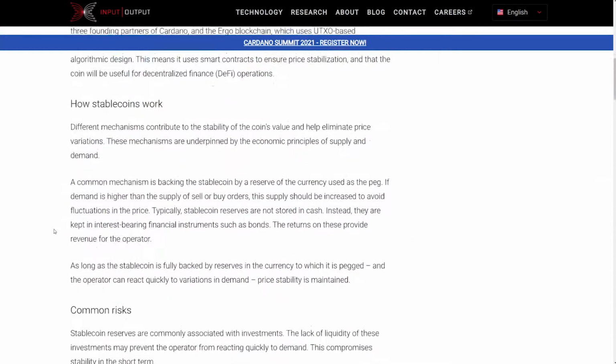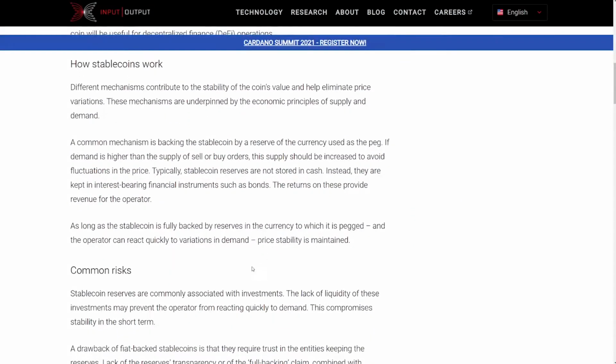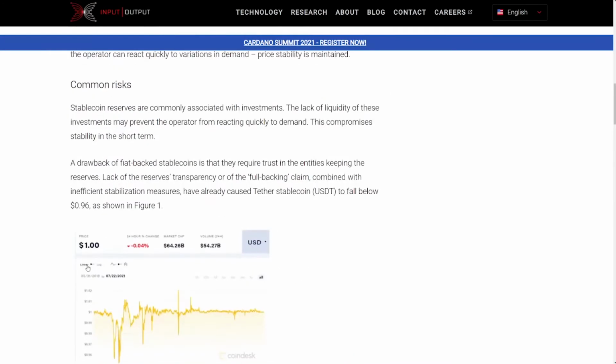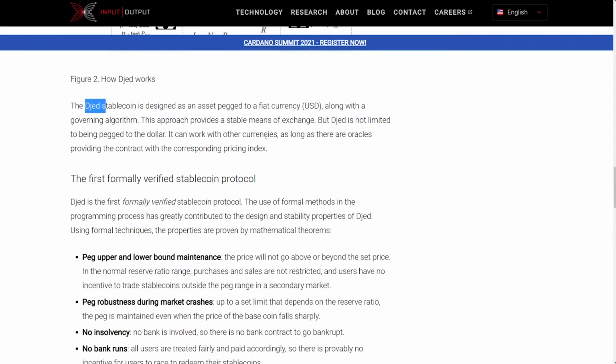DJD, I guess. There is a short summary how stablecoins work, and the basic principle is that the price stability is maintained as long as the stablecoin is fully backed by reserves in the currency to which it is backed. However, there are some common risks. For example, when there is a lack of liquidity, and this DJD stablecoin is backed to a fiat currency, which